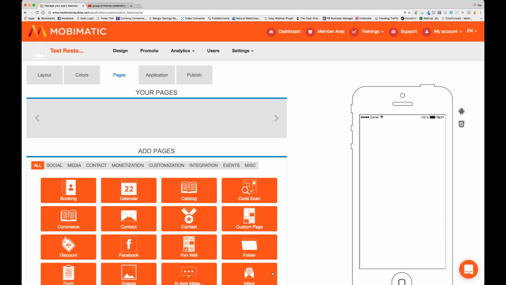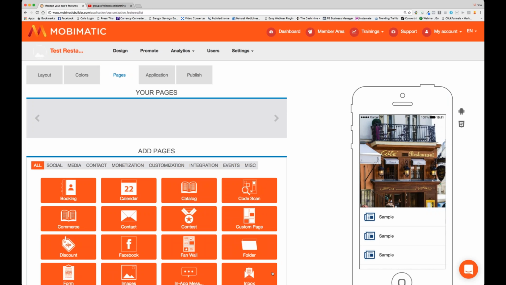Now we're at the stage where we can actually begin to add functionality to the app. And you can see it's brought us into our homepage in the simulator on the right-hand side. Okay, so what I'm going to do is just drag in all the elements that I want first, and then we'll go through and amend them. I'm going to drag in